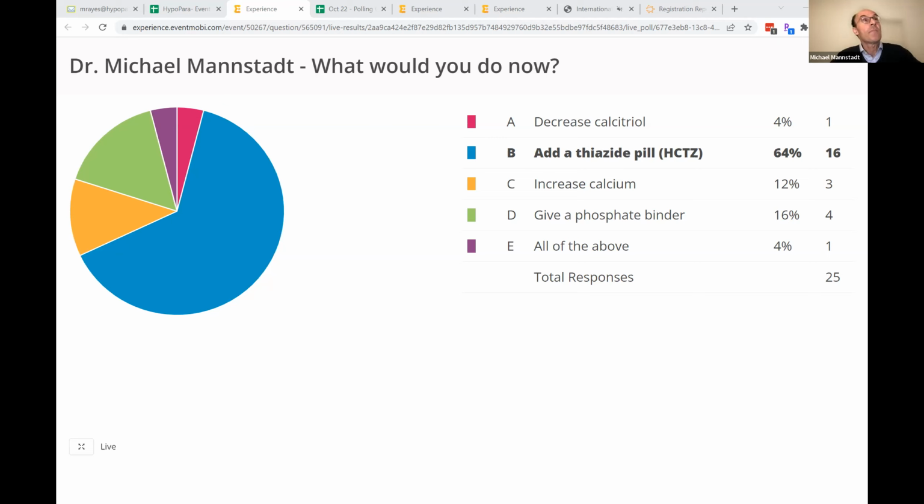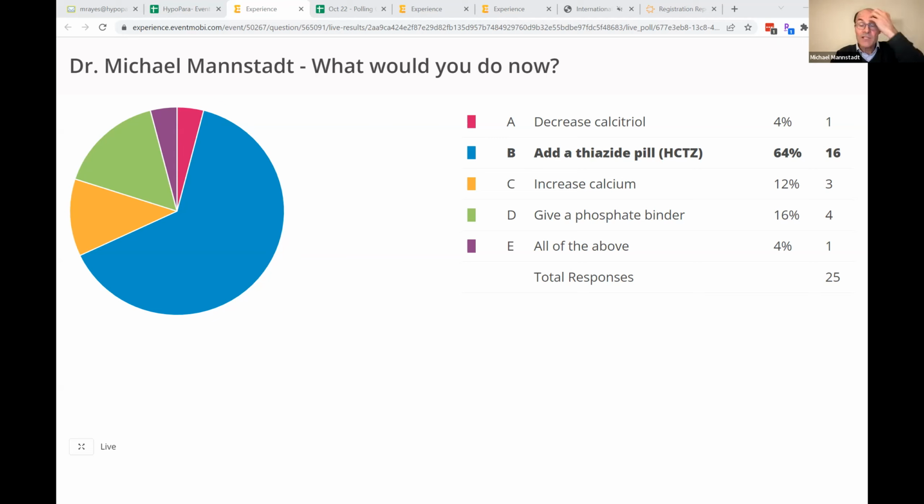So what are phosphate binders? These are tablets that bind phosphate. They are given in patients with chronic kidney disease. They come in several ways, with calcium or without calcium. And they are rarely used in hypopara patients, except that the calcium you're taking is also a phosphate binder. And that is one of the reasons why you take it with meals, because then you bind the phosphate, right? So extra phosphate binders are very rarely needed.